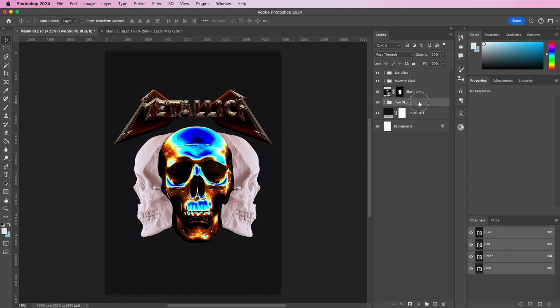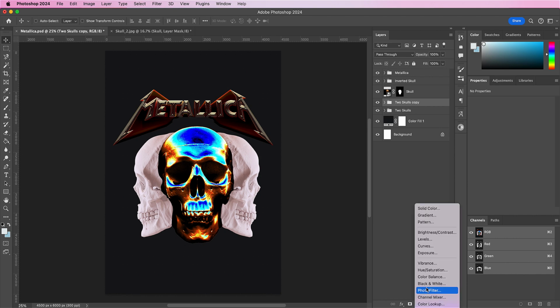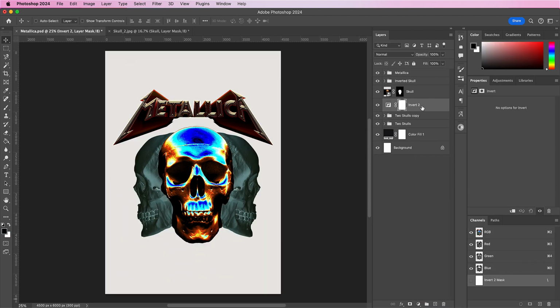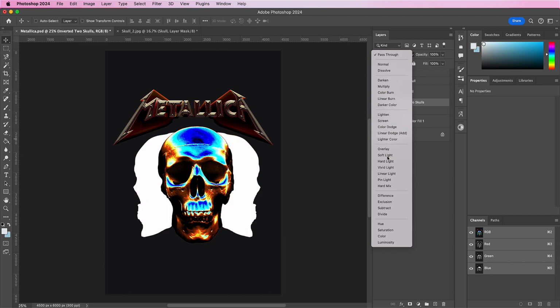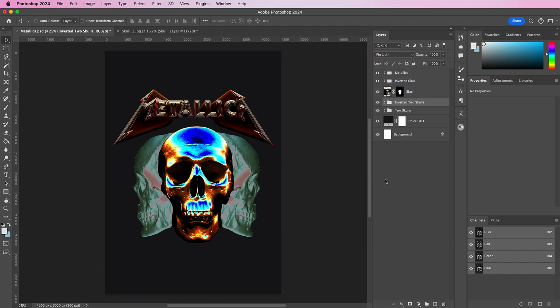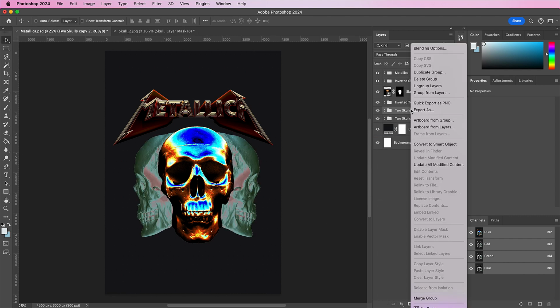And now duplicate these skull layers. Add an invert adjustment layer and create clipping mask. Select both of these layers and place them within its own group again. Change this layer to Penlight. Take this original layer and duplicate it and convert it to a Smart Object